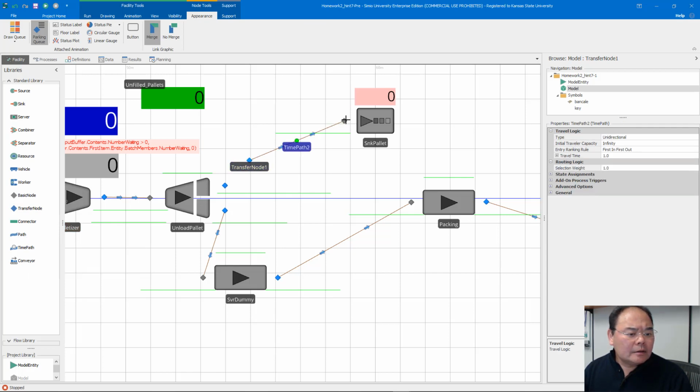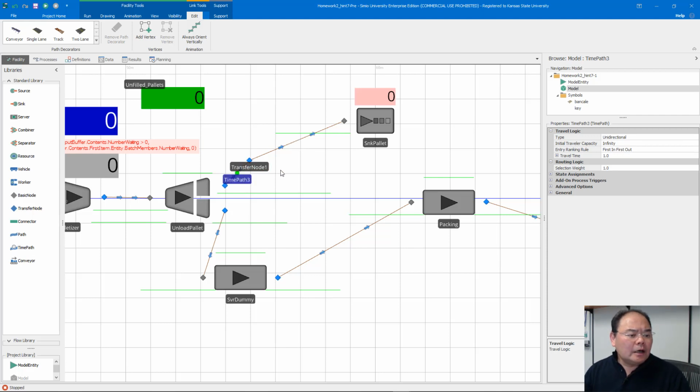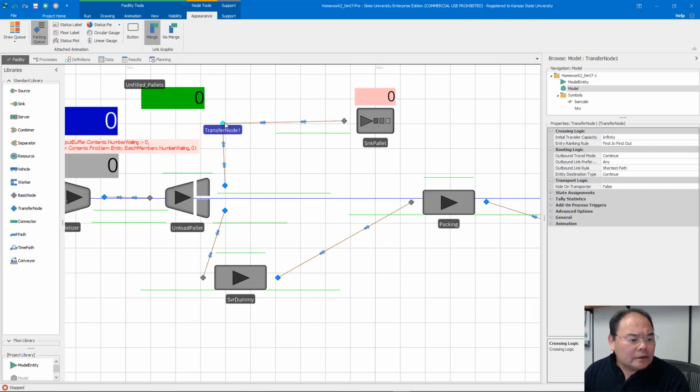time paths. These time paths I'm putting on just for the animation purpose. They don't have any real meaning. Later on, I can turn them into connectors. And also, I want the pallet coming through the unload, because this could take some time, and we could unload 2 pallets at the same time,